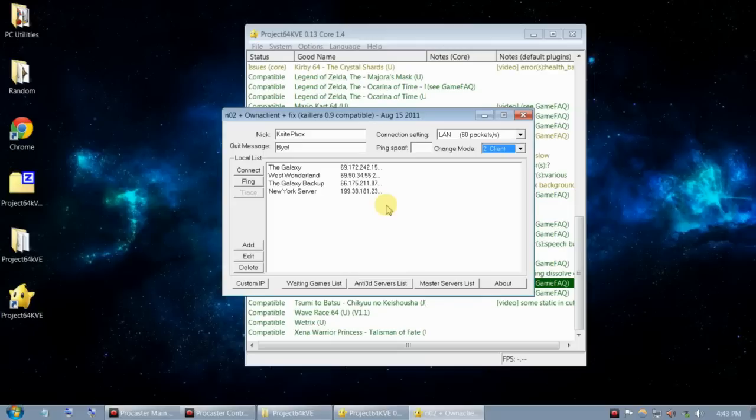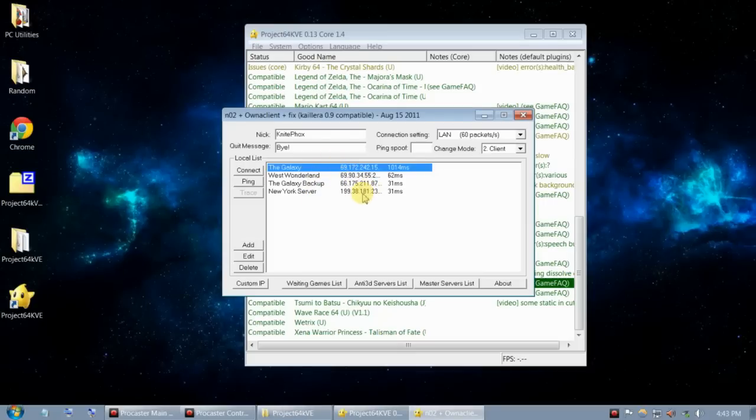Now comes the main event, the client server window. Again, this is going to be this screen again. Not going to explain these, I already did. Local list box. Connect button connects to a server. Ping will give you a ping display of a selected server. Whoa, what the hell? Oh, it's because I'm actually streaming this just to record, so I'm getting wildly inaccurate ping time. Okay. So, unless this server's down, whatever, it'll come with 4 servers,